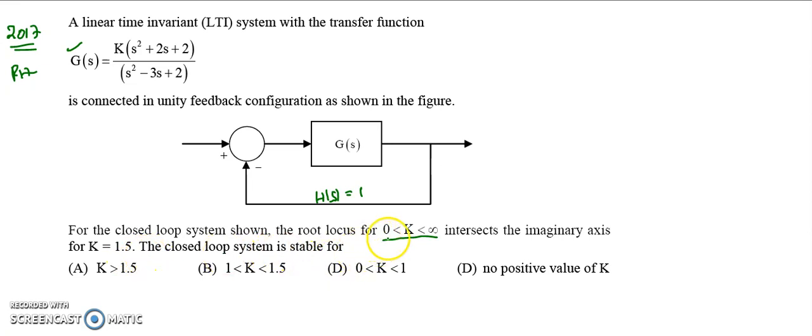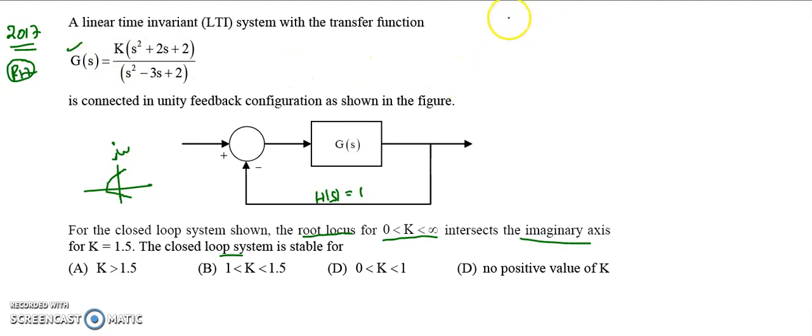Generally, looking at this concept, the root locus is given and it intersects the imaginary axis. In the root locus concept, this y-axis we take as the imaginary axis, and if the root locus goes like this, then it will be the intersection point of the imaginary axis like this. But to find out the stability of a system, you need not go for the root locus concept. Directly with the help of RH criteria, you can find out the stability of the system very easily.